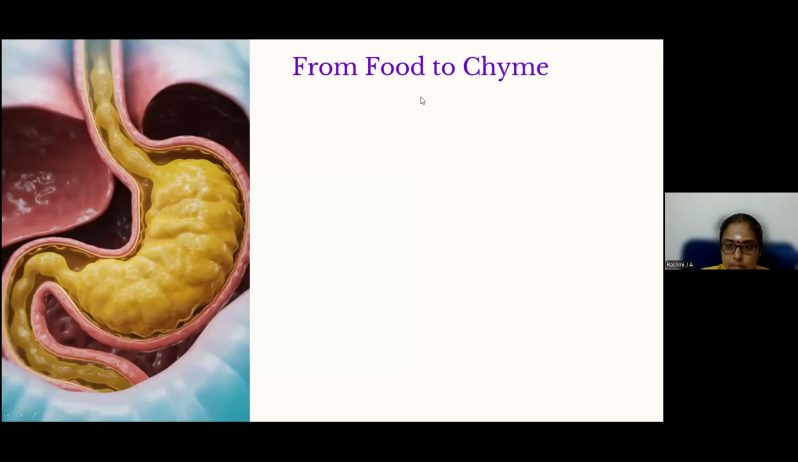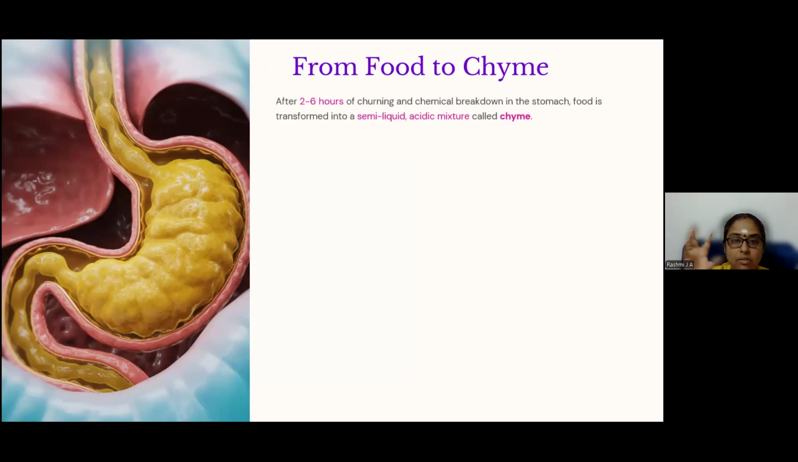Okay, then food, from food to chyme. From the mouth, when it enters the esophagus, we call that bolus. When it goes into the stomach and digestion is happening, the word we give for that substance is chyme. After 2 to 6 hours of churning and chemical breakdown in the stomach, food is transformed into a semi-liquid